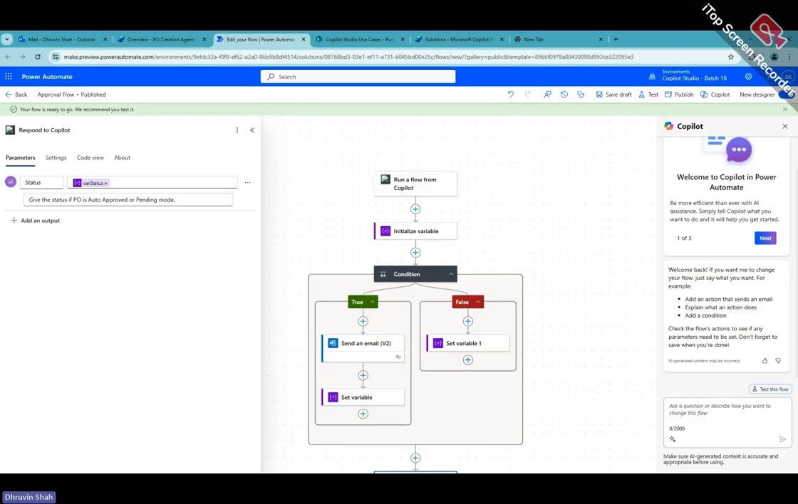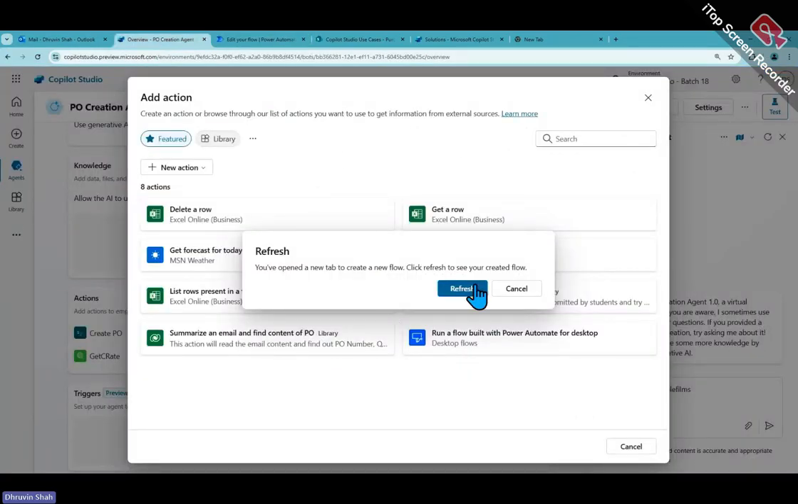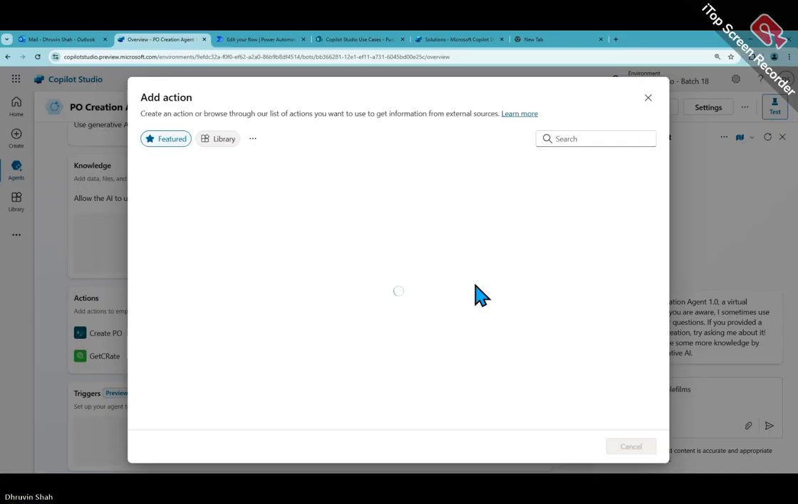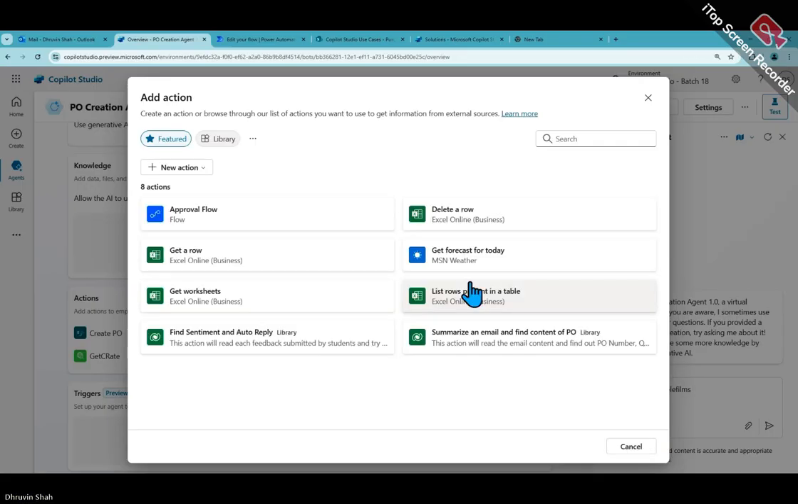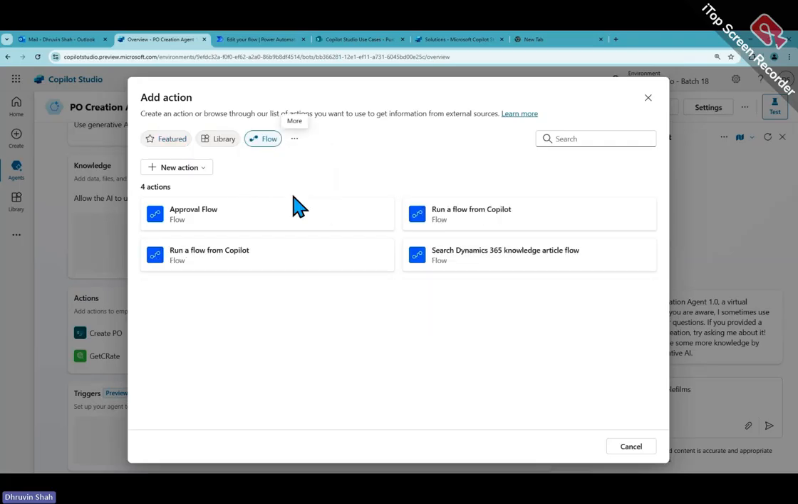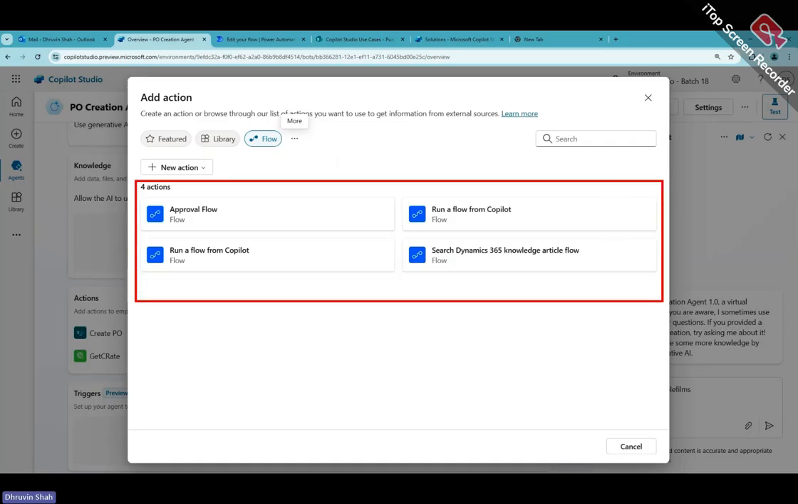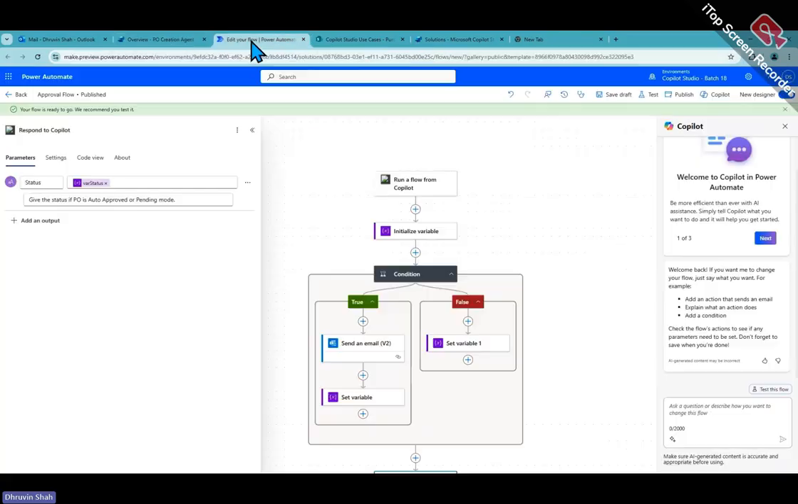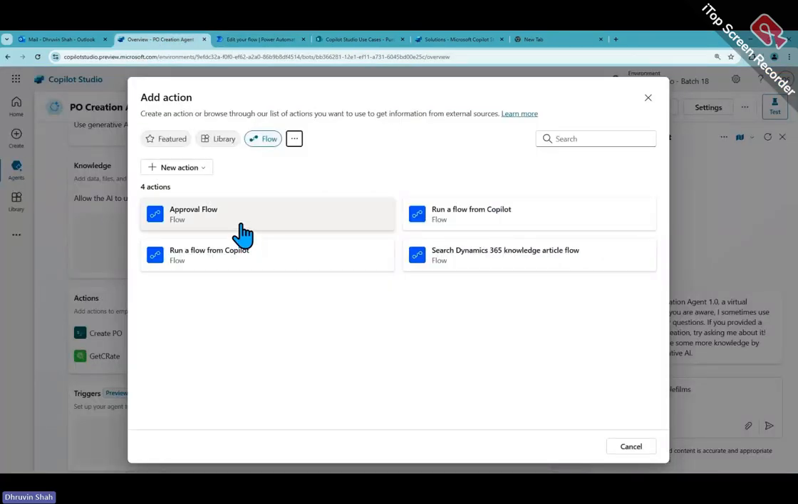Now, as soon as your flow creation is done, you need to go again and refresh it out. Okay. Now here you need to search for your created flow. So again, what you can do, go to the flow section over here, and you can see by default, you are able to see 4 different actions available for yourself over here. Okay, like approval flow, run a flow from Copilot, and so on. Okay, so what's the name of our flow? Approval flow is something which we have created. Okay, and let's click on that,